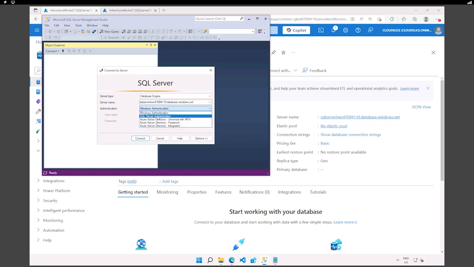I'm going to be using that SQL authentication with the information that we provided earlier. So I add my SQL admin, and then I add the password that we placed earlier.